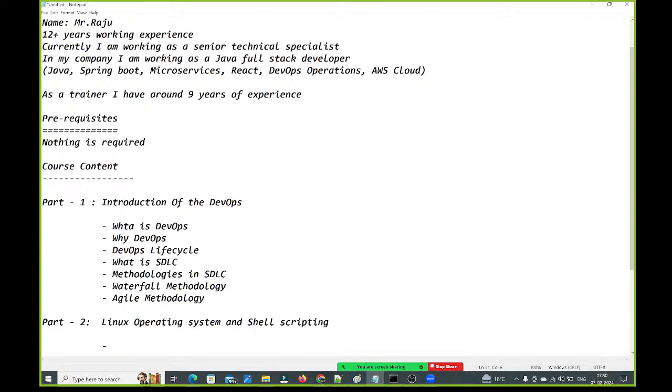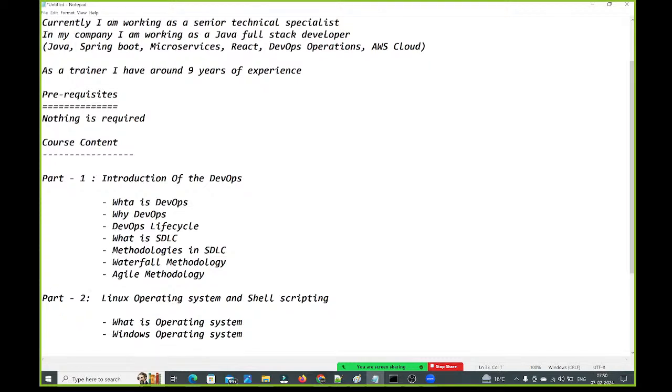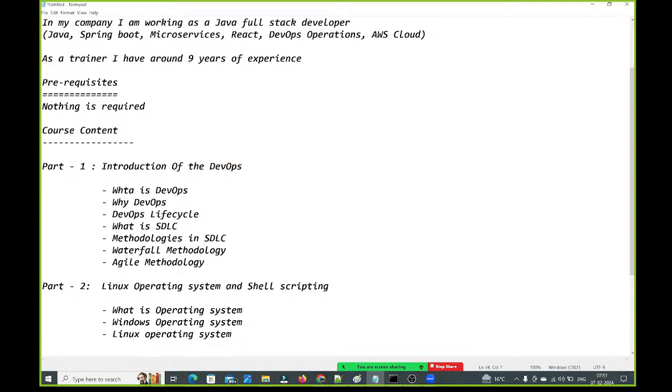So first we are going to understand what an operating system is, then the Windows operating system, then the Linux operating system, then Windows versus Linux.